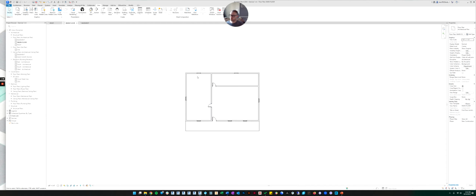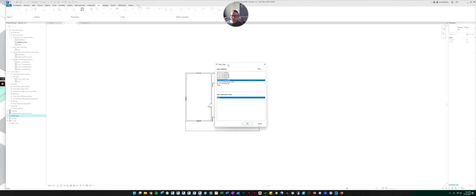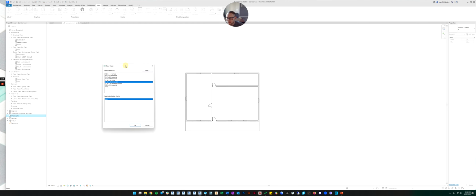All right, so how do you create a sheet then? We're going to go over to the project browser right here where it says sheet, and we're going to right click and we're going to say new sheet. Now what it does is, if you remember title blocks, it's showing you all the title blocks that are loaded into this template. And what we want is we're picking the size of the title block we need. So basically, what size piece of paper are we going to print this on eventually?